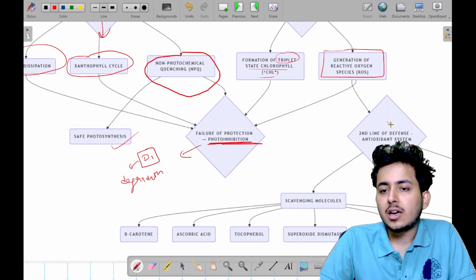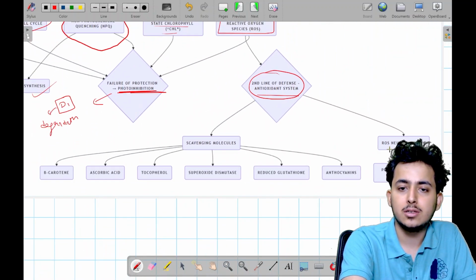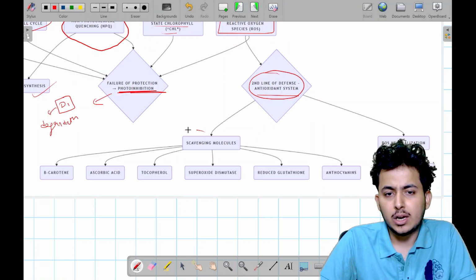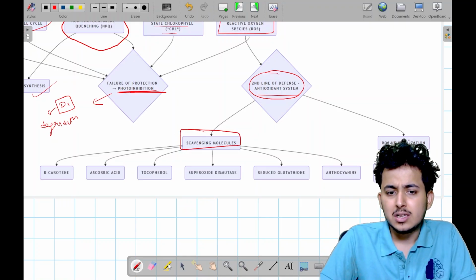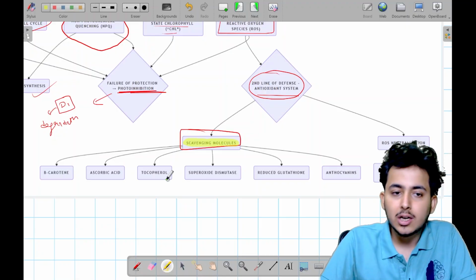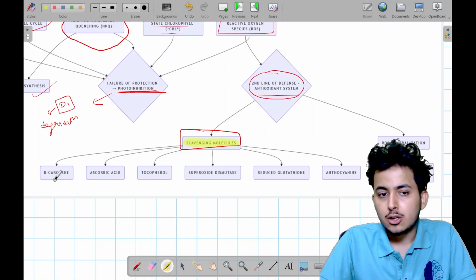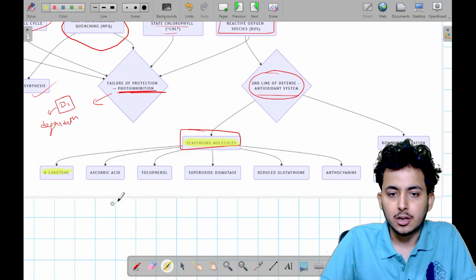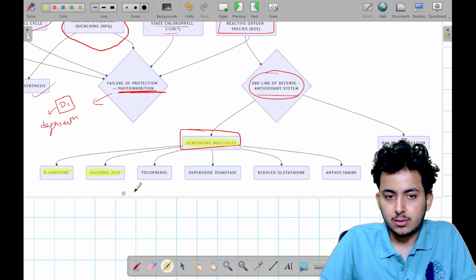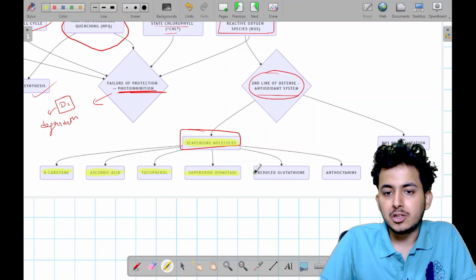In the second line of defense you can also have an antioxidant system. In the antioxidant system you can have different mechanisms. The first mechanism is the presence of scavenging molecules. Scavenging molecules are those molecules which can reduce your burden by taking it. So what are these molecules? We have studied them in plant pigments. Basically beta carotene, and you can also have ascorbic acid, vitamin C, tocopherol, superoxide dismutase, reduced glutathione, and